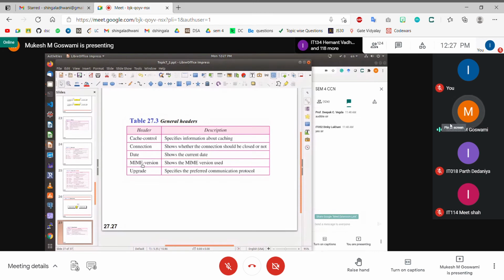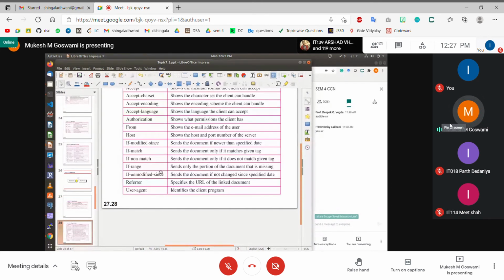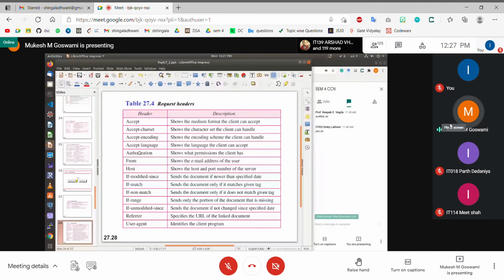But again, the HTTP protocol version that you use on the client could be different from the version being served by the server. So sometimes you have to specify what kind of contents are actually supported by your browser, and the server will only send those kinds of content which are supported by the browser, right? So this MIME type or MIME version indicates what kind of multimedia content is supported by your browser. So then you have authorization.